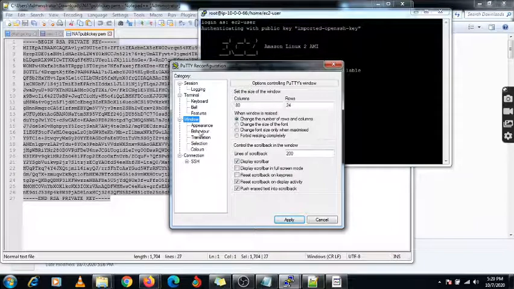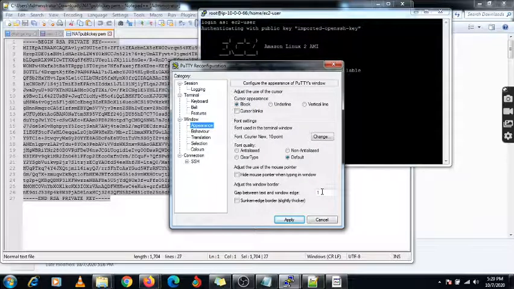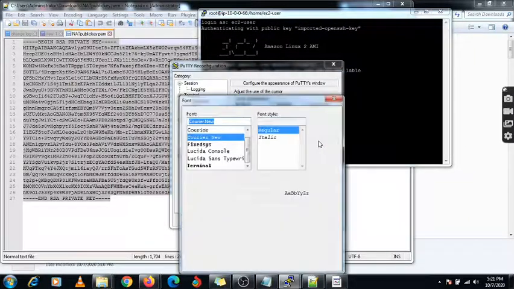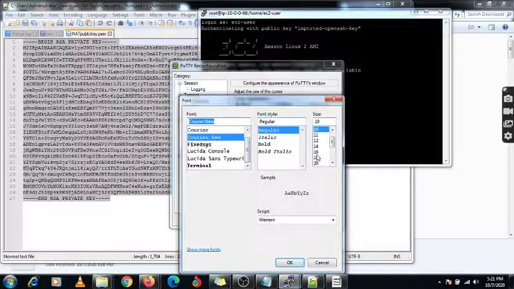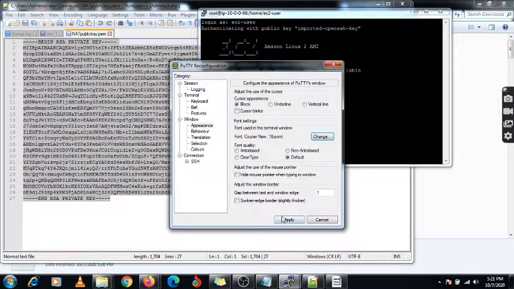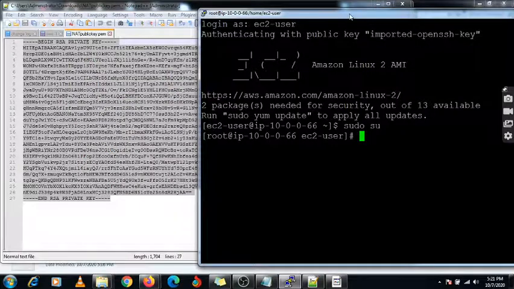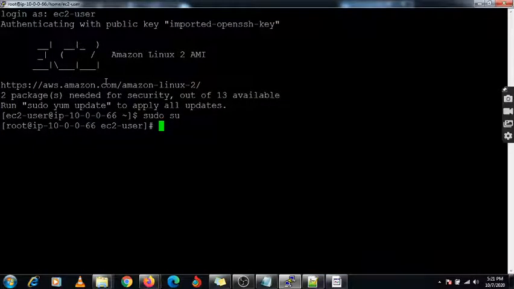I am going to do some settings for the appearance change. I am going to increase my font. Okay, 18. Yeah, apply. Yeah, now this is visible.